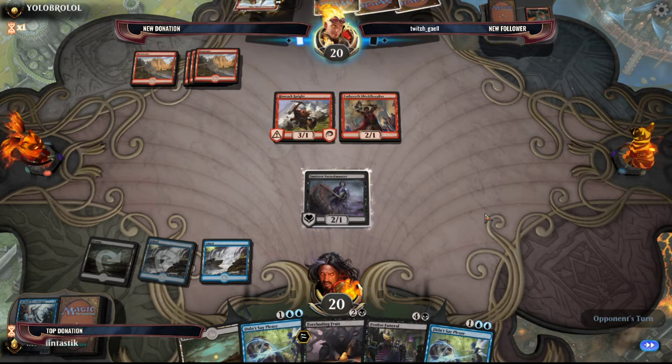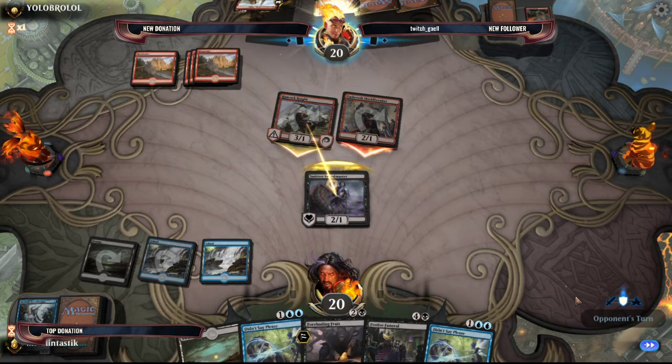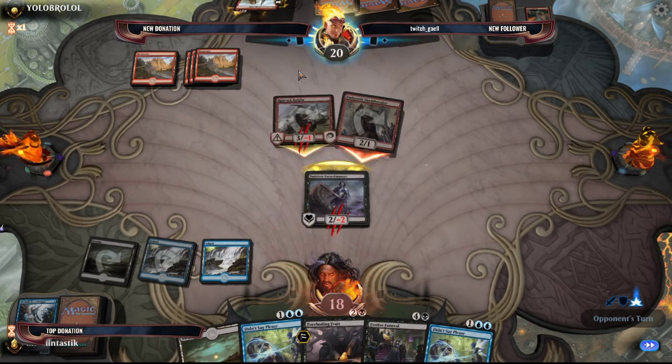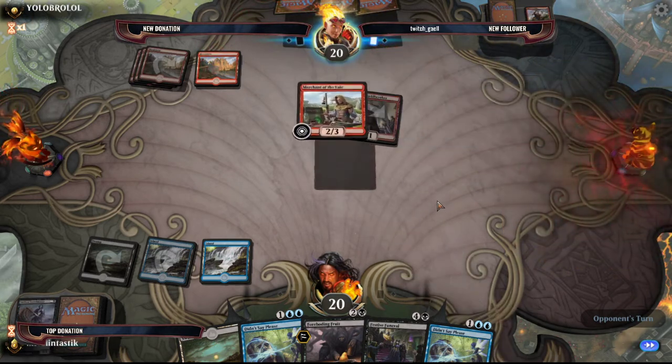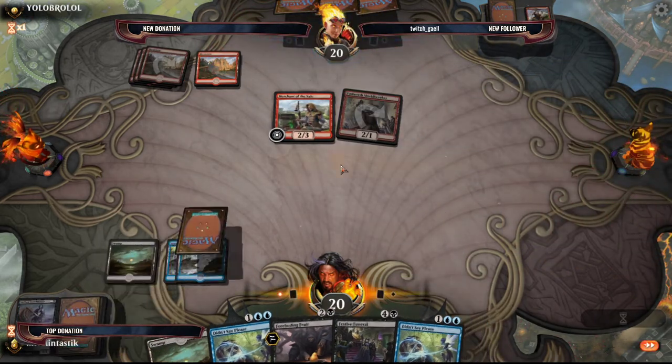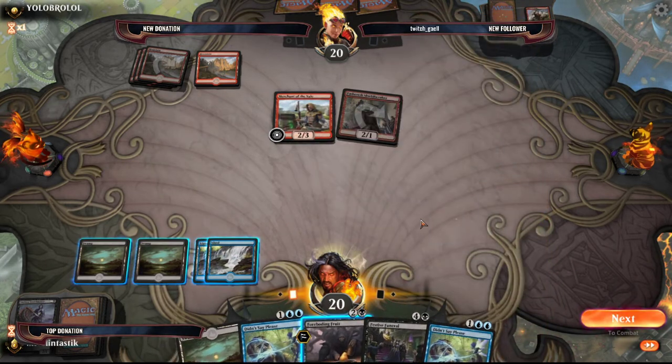So we were forced to play out our 2-1 lifelinker, have them swing into it, maybe gain 2 life off of it. Still trying to stabilize. Hopefully they pump or something and not play this 3-drop here. Still, they played the 3-drop, but that's only 4 damage a turn. So here, I'm just going to...